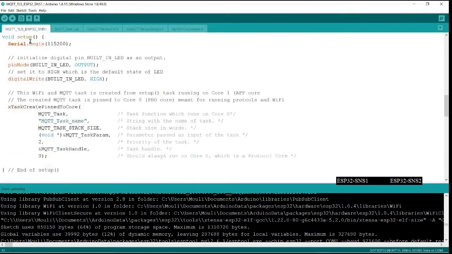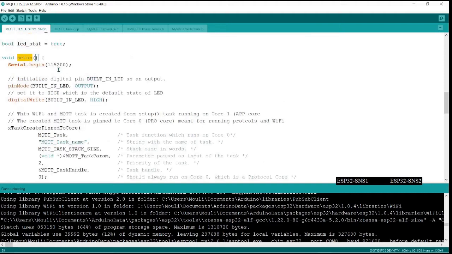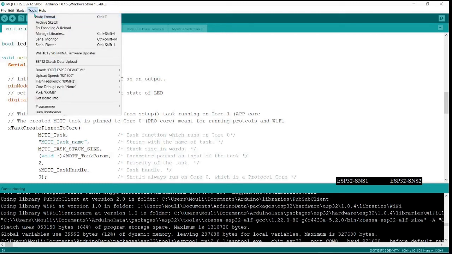Now this is the setup function, which you should know, because Arduino follows this convention that when the program starts running, the control comes here first. So the first thing you should do is make sure that the serial port is set up to a particular baud rate. I have set it up to this value, and how do you know whether it is okay or not?